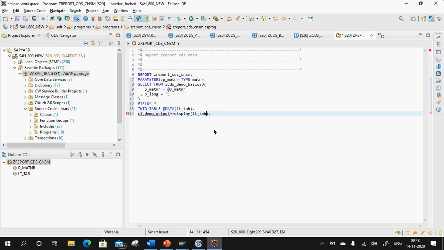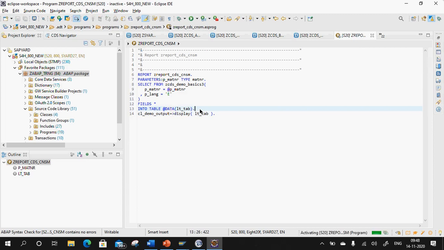What mistake I made? Yes, space. Okay. Now let me run this program.